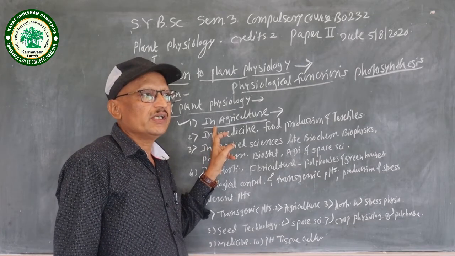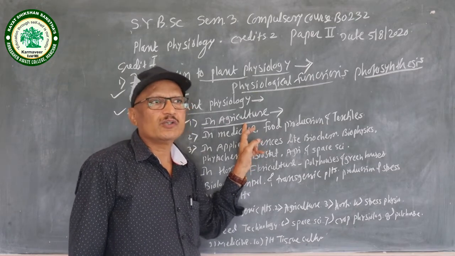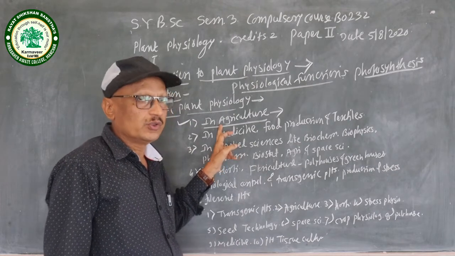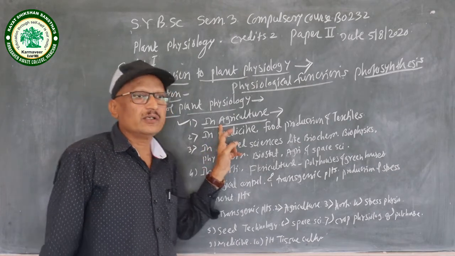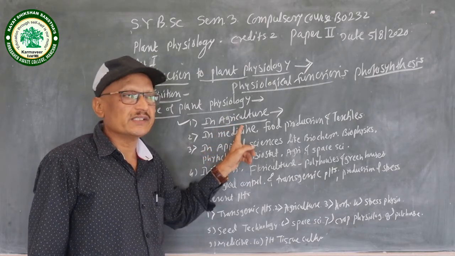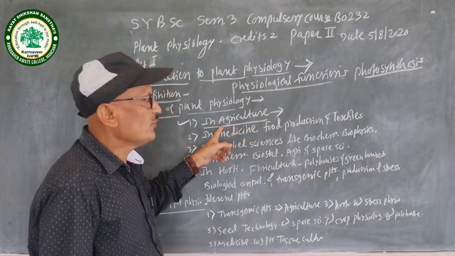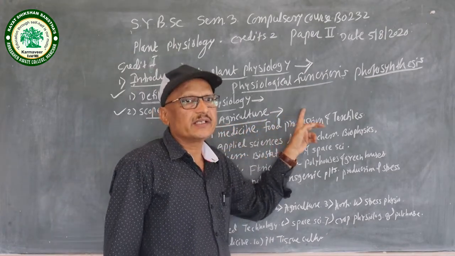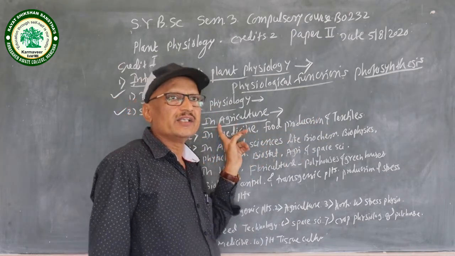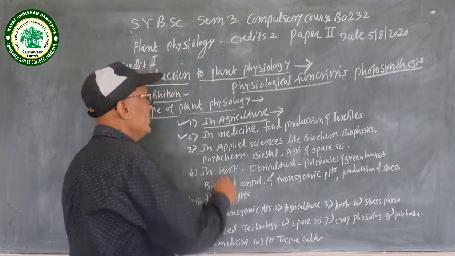Again, the various physiological functions applied in modern agriculture, that is opening of bud into the flower, blossom, plant growth, vegetative growth, reproductive growth, etc. Now this knowledge of plant physiology is applicable in modern agriculture and it is of great scope in agriculture. Here almost all physiological functions have great scope in agriculture, especially to produce high yield of agricultural goods. Second scope of plant physiology